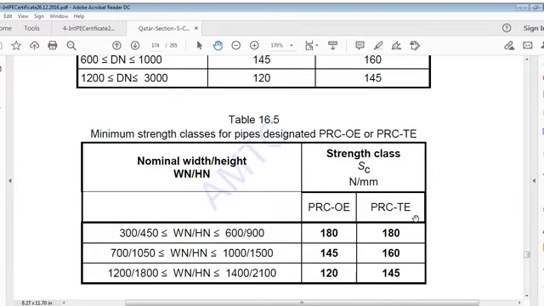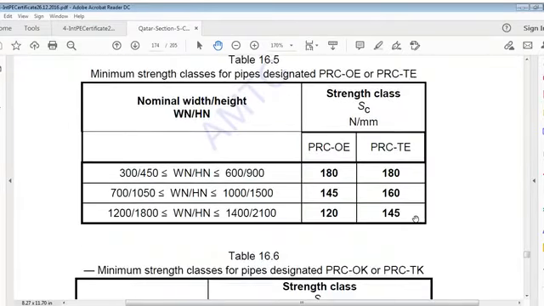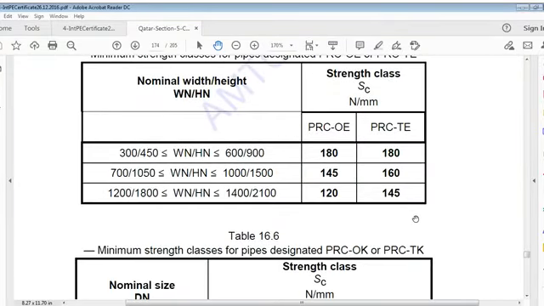Nominal width or height, W N or H N. Strength class now 300 oblique 450. 300 is now width and 450 is height. So 300 450 less than or equal to WN or H. 600 900 180 180, 700 1050 less than or equal to W and oblique HN less than or equal to 1000, over 1500 145 160, 1200 over 1800 less than or equal to W and HN less than or equal to 1400 over